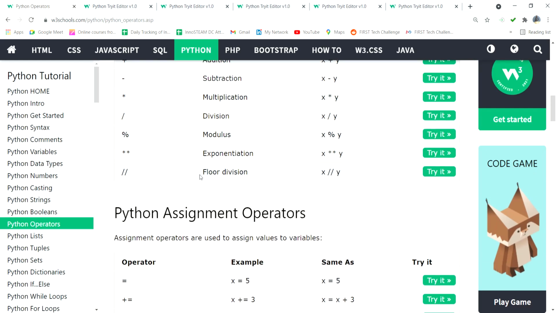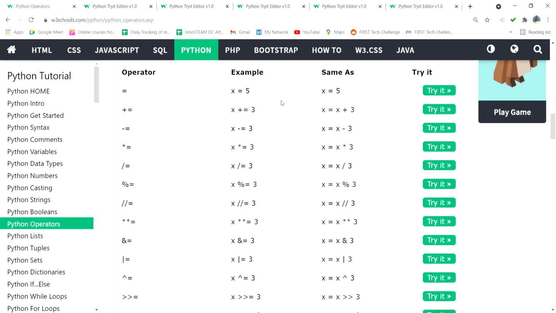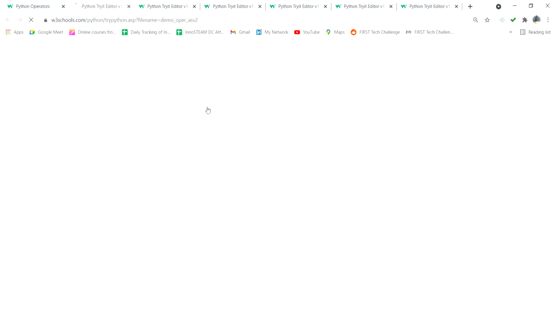Simply, assignment operators means, suppose x equal to 5. Already we assign like this only. X equal to 5 means the variable x, the value 5 will be stored. That is called an assignment. Suppose you put plus equal to, both operators in a single time, so it is x plus 3. This is a short form. If you put x equal to x plus 3, and you want to reduce the code, the short form is x plus equal to 3. Like that also possible. I will show one example, then you can understand easily.